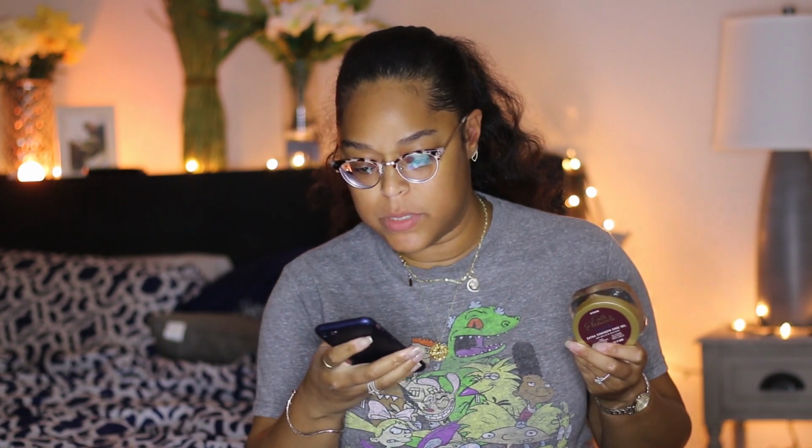So anyways, this is the Silk Elements MegaSilk Extra Strength Edge Gel with olive oil and shea butter, and it's 3.5 ounces, and I paid, how much did I pay for this? I want to say it was around $5. I do know that. Here it is. Boom, boom, boom. Did my own drum roll. This was $5.29, and it was rated at 4.4 stars, which just so happens to be the highest that is